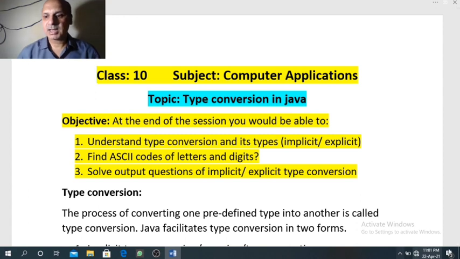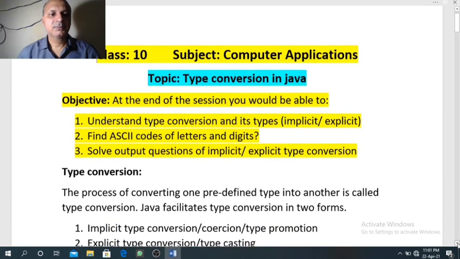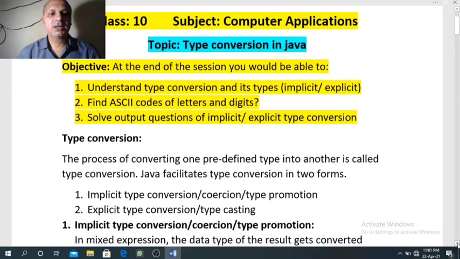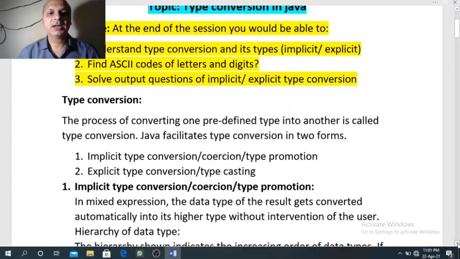So starting with type conversion, the process of converting one predefined data type into another is called type conversion. In Java we have two types of conversions, or Java facilitates type conversion in two forms.